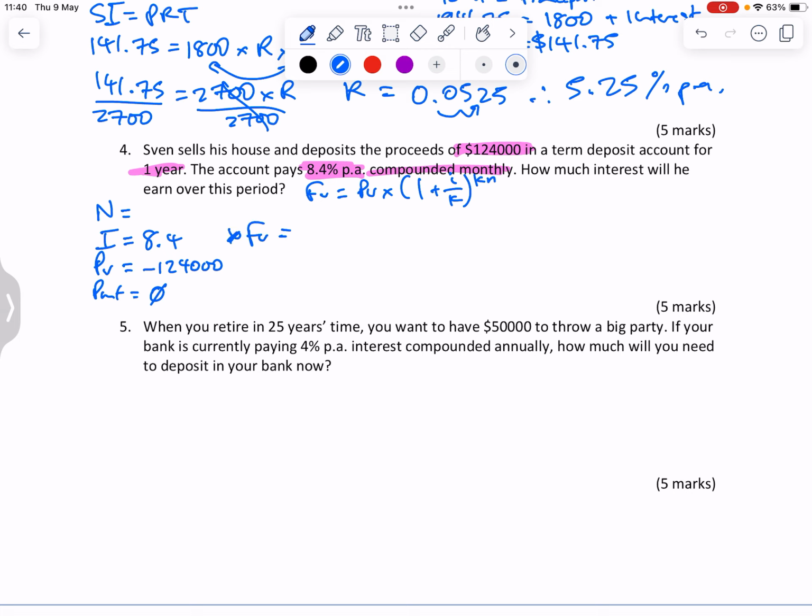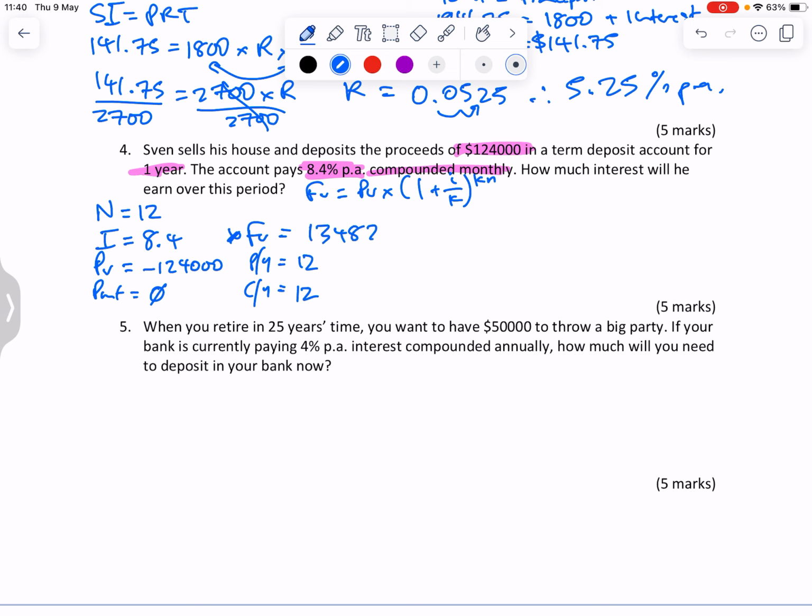PY and CY in Year 11 are the same, and it was compounding monthly, so PY and CY are 12, happening 12 times a year. And now I can work out what N is. N is 1 year, and it compounded 12 times a year, so N is going to be 12. So if I put that into TVM Solver: 12, 8.4, negative 124,000, 0 payments, PY and CY both 12, solving for FV, I get